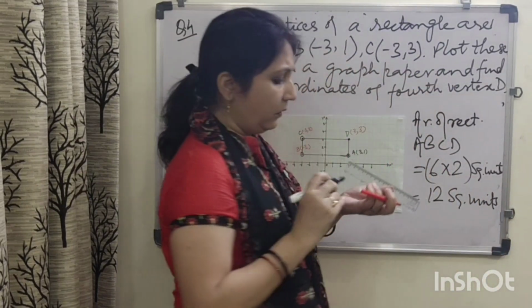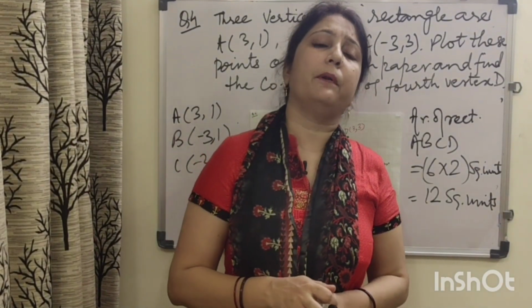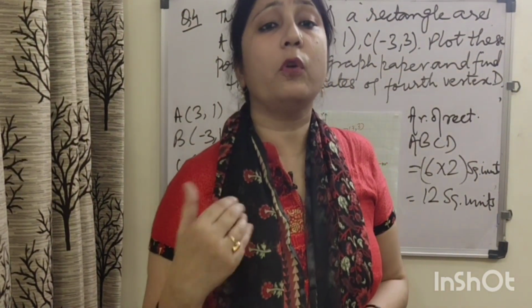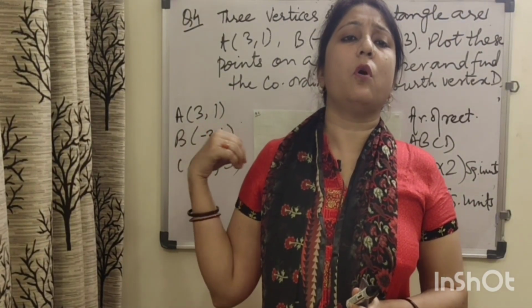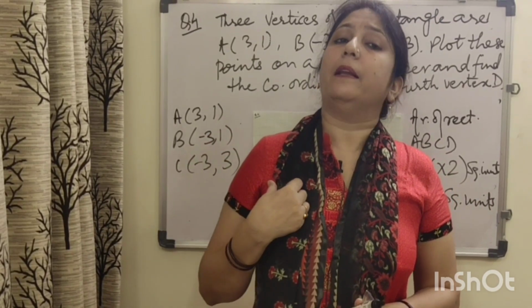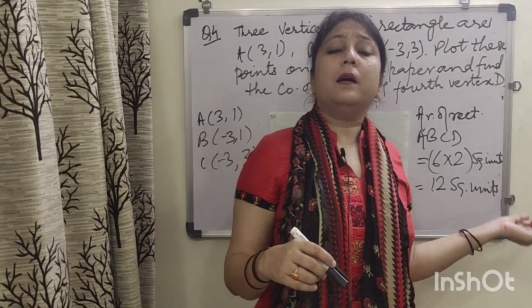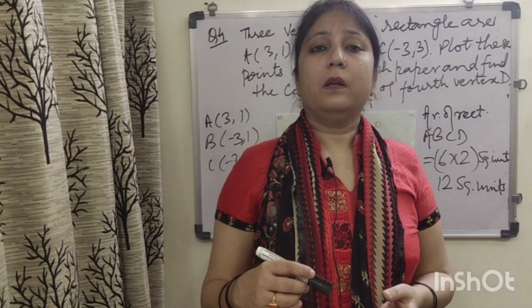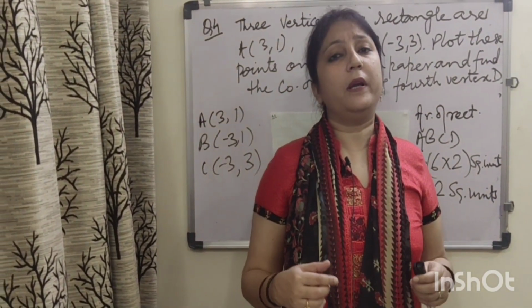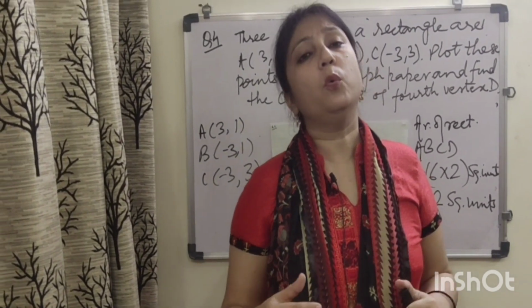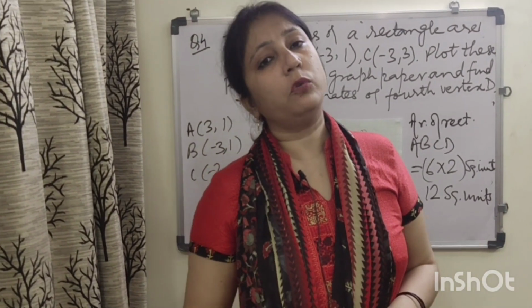We have obtained the coordinate of fourth vertex as well as the area of the figure obtained. This is how we have solved the geometry problem using the concept of coordinate geometry, Cartesian plane. Now you must have understood how we have learned to plot the points, obtain the figure, and how can we calculate the area of the particular figure whose formula we have. So you must have understood this thing.